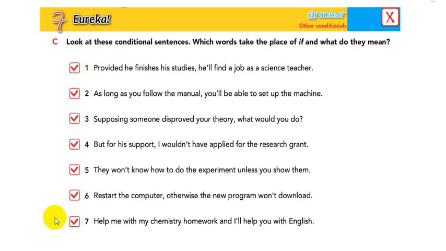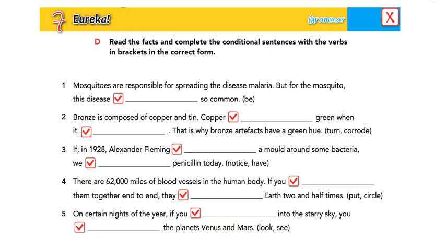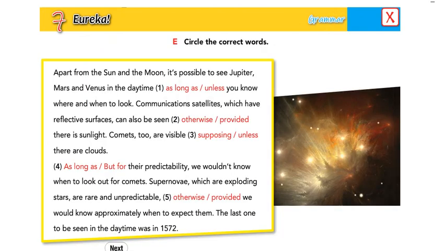So here I divide the class into pairs to answer exercise C. Then I divide them into groups of 3 or 4, depending on the number of students in the class, to answer, for example, exercise D and so on. And more groups to answer exercise E. So I send them to breakout rooms and give them a certain time. For example, you have 3 minutes to answer exercise E in groups of 3,